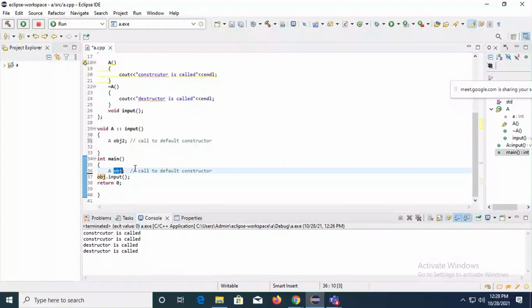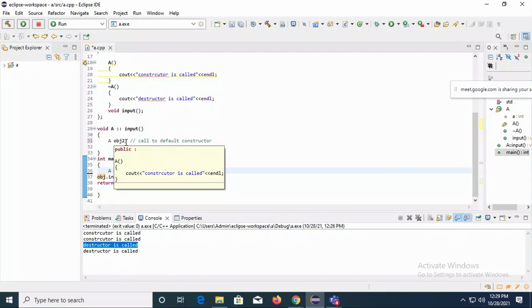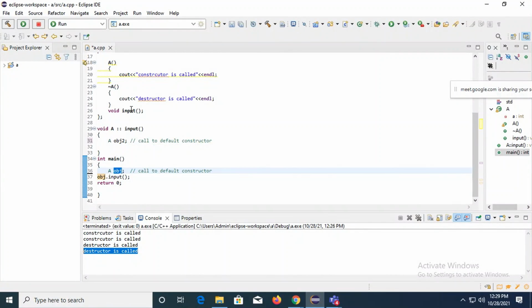The object for which you called the constructor last, for that particular object the destructor will get called first. So this destructor, where I just put a message, destructor is called, is for OBJ2, because it was allocated later. And this destructor is for OBJ, because for it we called the constructor first. So the object whose constructor is called first gets its destructor called last.